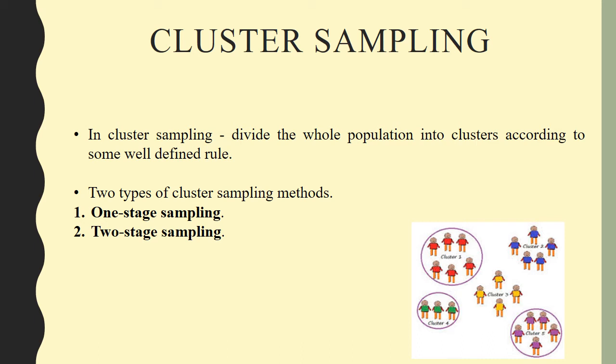Another disadvantage is that a cluster may not contain heterogeneous elements. So the applicability of cluster sampling to an organizational context may be questioned, right? As we are saying, clusters are formed based on a criterion, and they should be heterogeneous, right? If this heterogeneous condition is not satisfied, you can't implement cluster sampling properly. So this becomes a disadvantage.